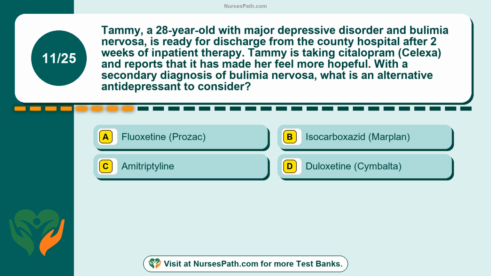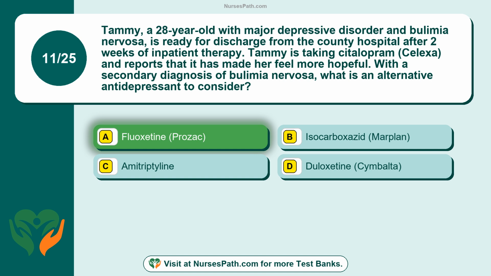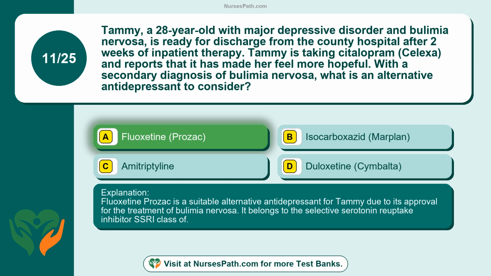Option A, fluoxetine, Prozac. Option B, isocarboxazid, Marplan. Option C, amitriptyline. Option D, duloxetine, Cymbalta. The correct answer is option A, fluoxetine, Prozac. Fluoxetine is a suitable alternative antidepressant for Tammy due to its approval for the treatment of bulimia nervosa. It belongs to the selective serotonin reuptake inhibitor, SSRI, class of